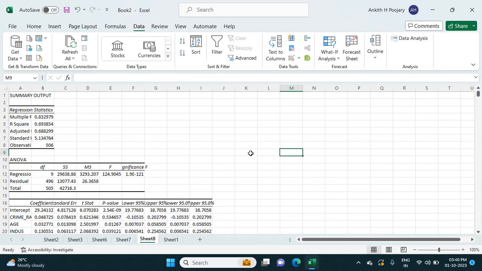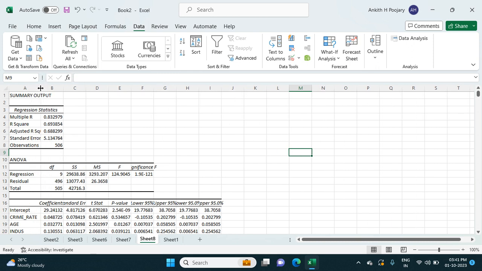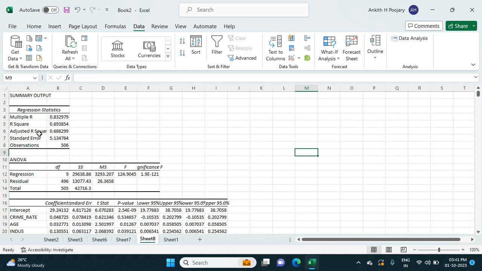So the first thing, to know whether your model is good for prediction or not, is that whatever R square you get over here should be more than 62 percent. Okay, it should be more than 62 percent, and the adjusted R square should be within the